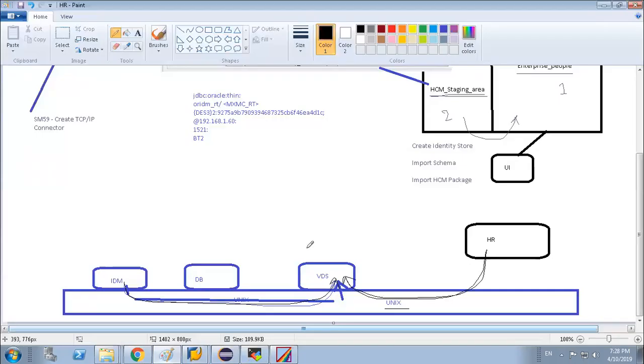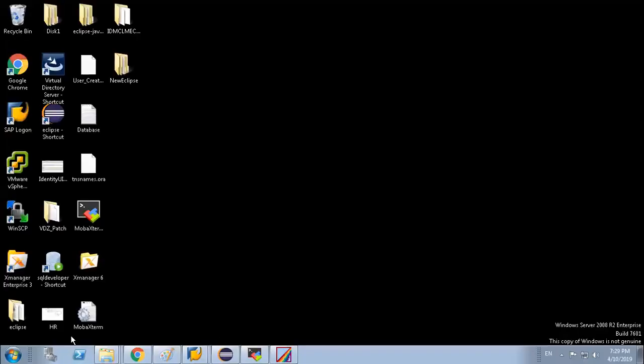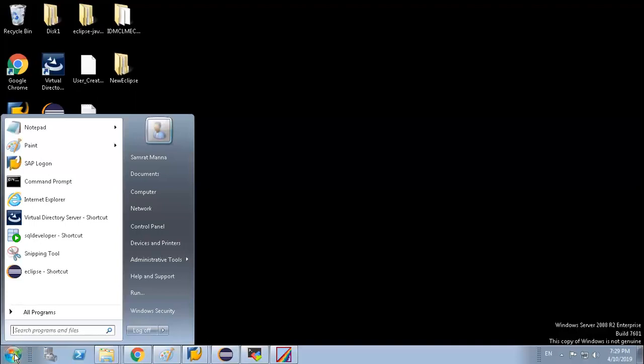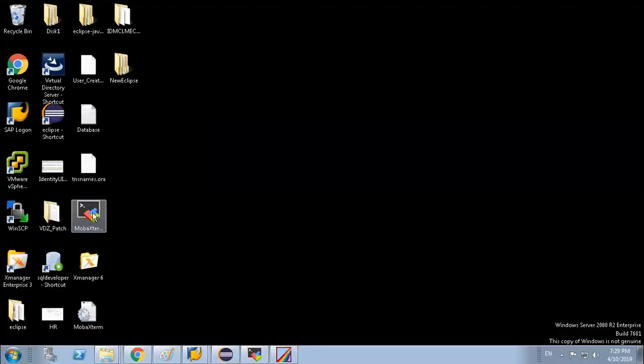Now in order to open this VDS, we have to open it through Unix. To do that, we have to use either PuTTY, which a base system must have, or MobaXterm, MobaX Personal.